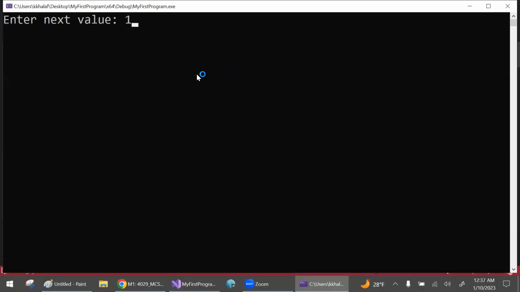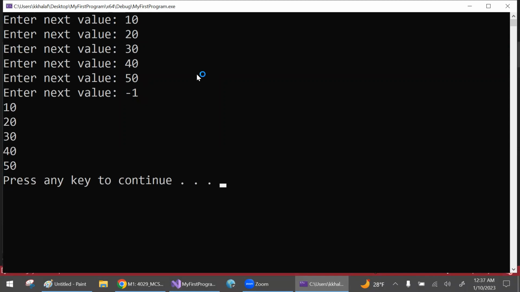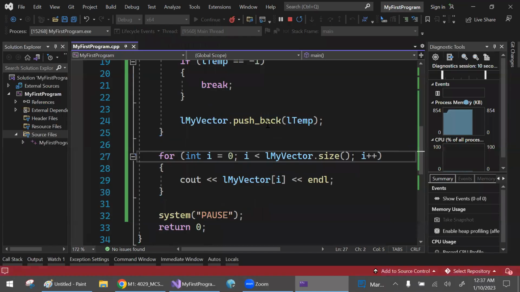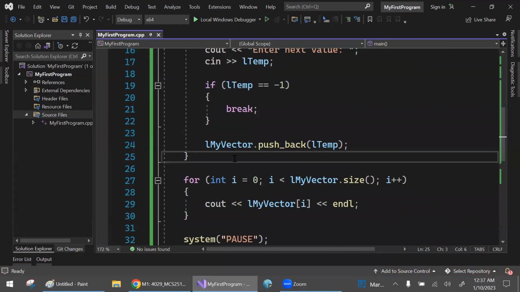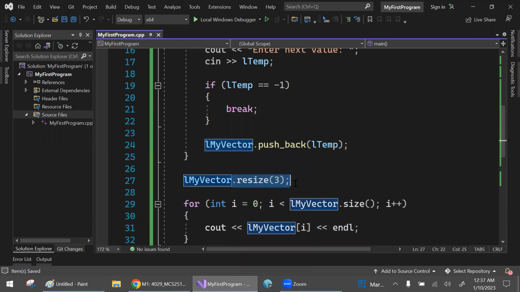So enter next value, 10, 20, 30, 40, 50. Now I'm going to say -1, and it will terminate and display. So it grew at runtime level. I can even resize at runtime level. For example, when I terminate from this, I'm going to say my vector dot resize to 3, for example. So now it will decrease in